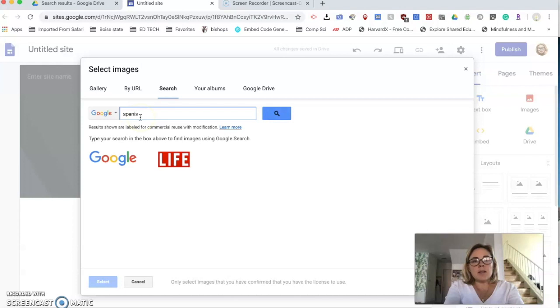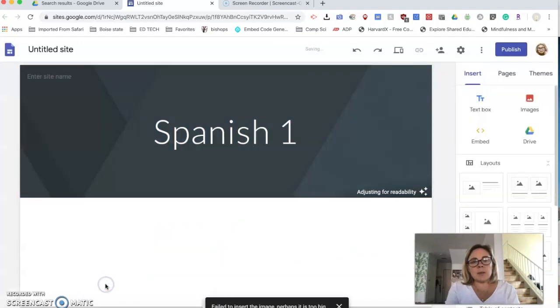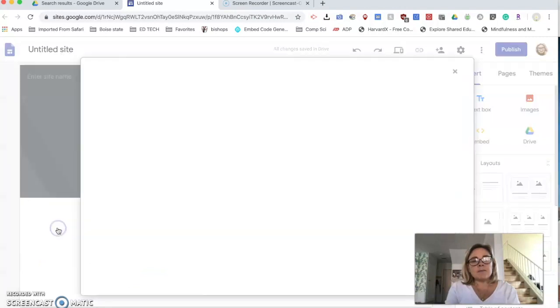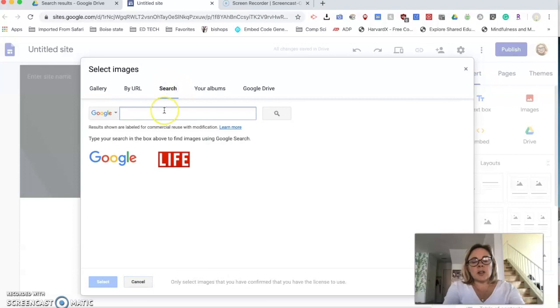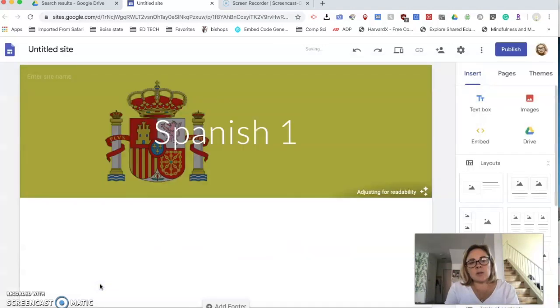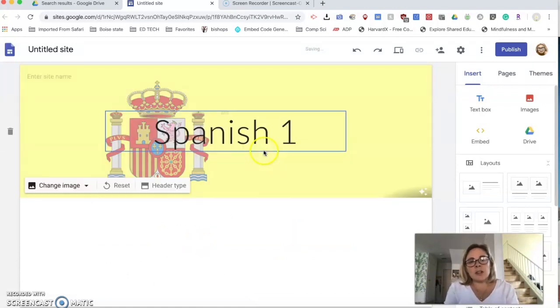So maybe, for example, let's look up something for the Spanish flag. Maybe I want the Spanish flag as my header picture. Oops, too big it said. Okay, let's try a different image. Let's try Spain. See what comes up. Okay, so we'll try one of these and see if that works. There we go. Okay, so I have a nice new header here for my class,